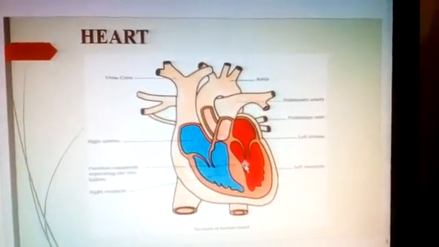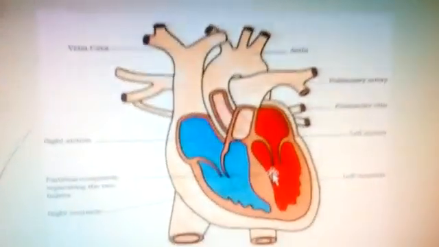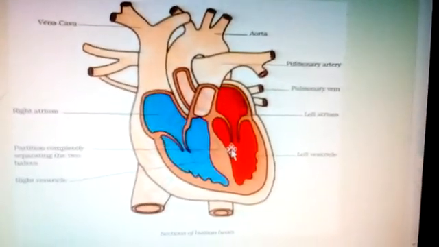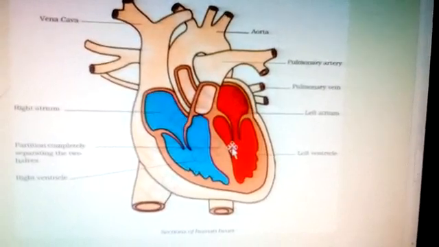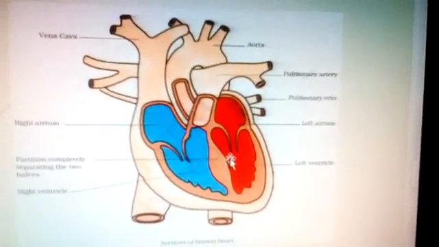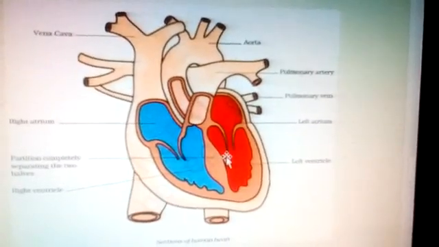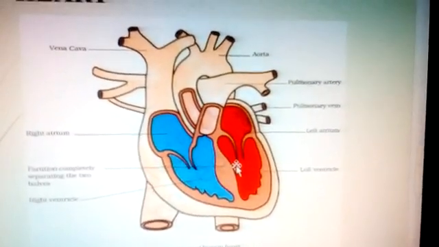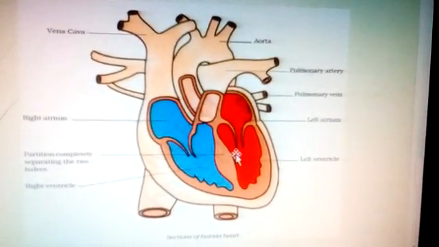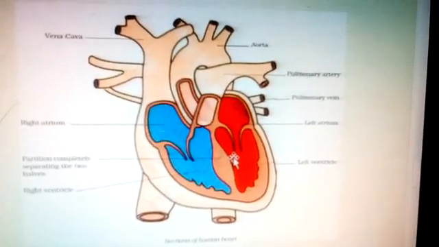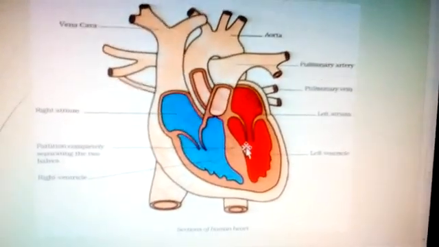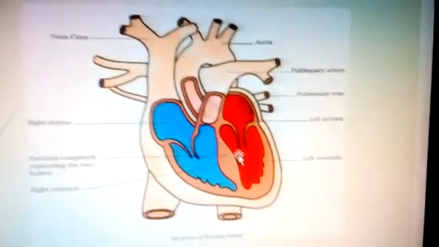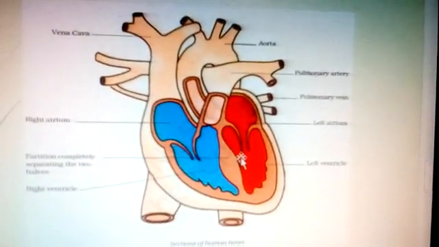Now, this is the diagram that shows the heart. The heart is an organ which beats continuously to act as a pump for the transport of blood. It helps in pumping of the blood. The heart is located in the chest cavity and its lower tip is slightly tilted towards the left. You can see the diagram of the heart. Now if you fold your fingers inwards on your palm, that makes your fist. Your heart is roughly the size of your fist.